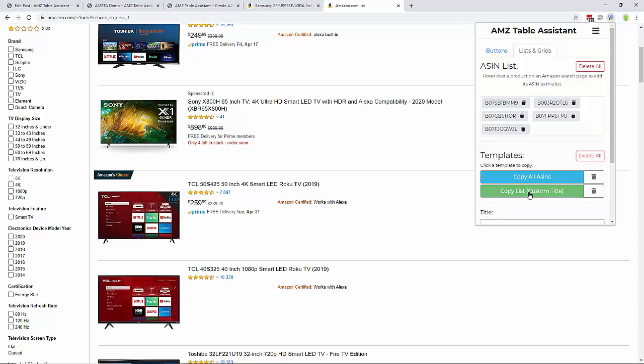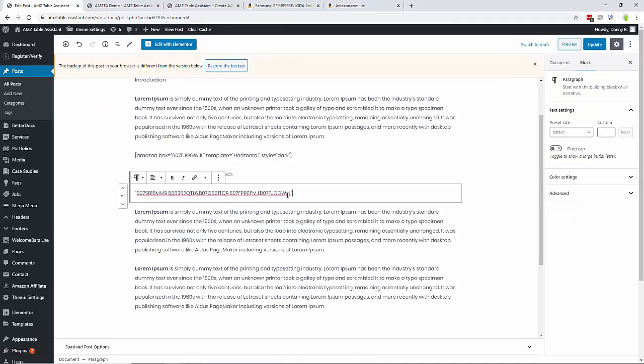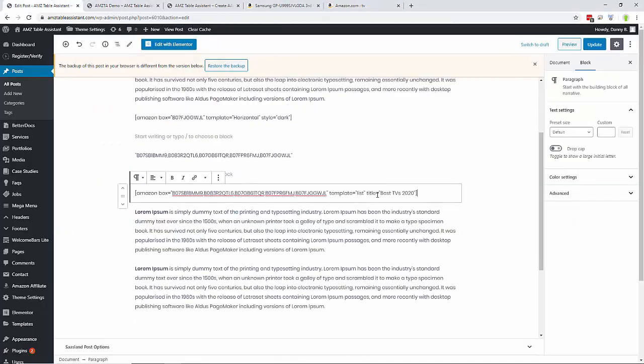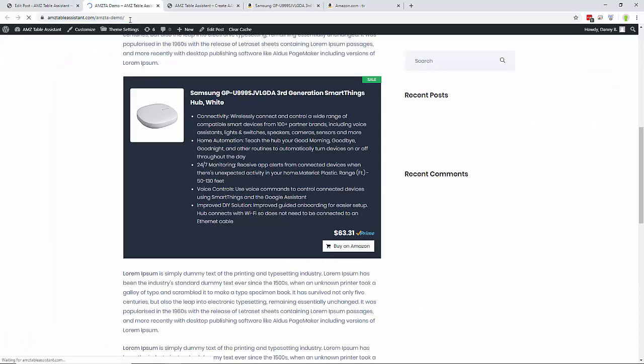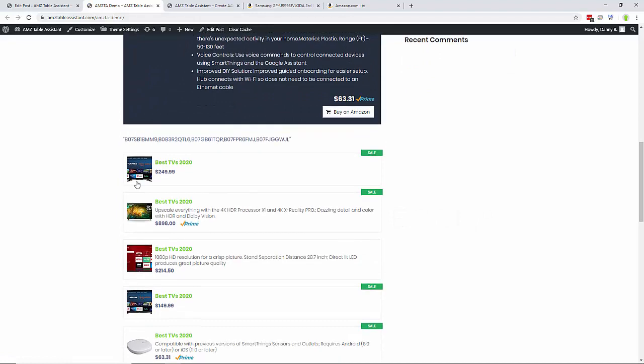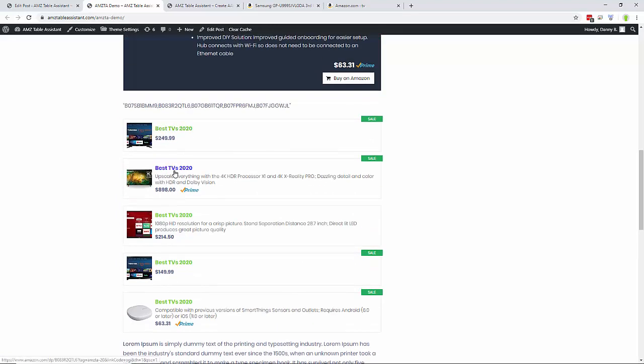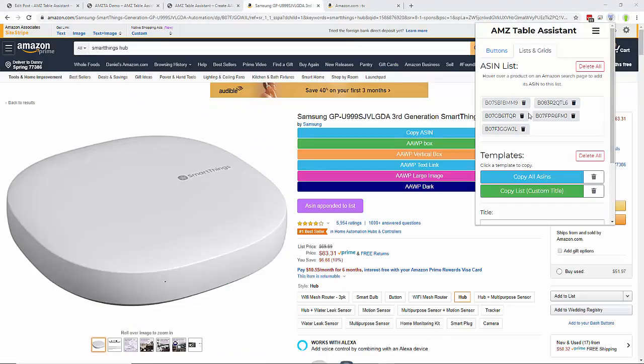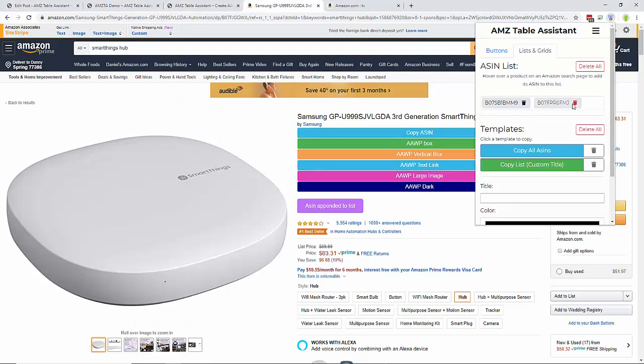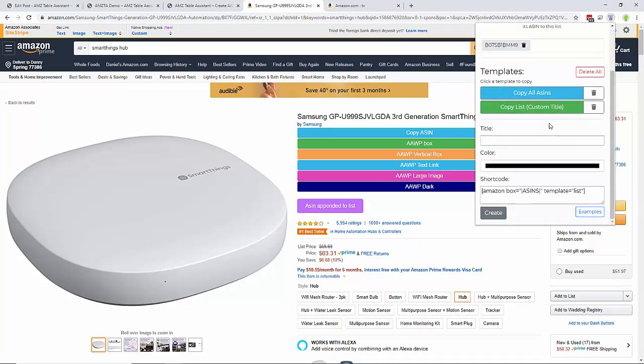We also have the ability to add custom titles to these lists. So once I click update, here's what everything looks like on our demo page. So here's our lists with the custom title on there. You can also delete individual ASINs from here if you no longer need them, and if you scroll down below you can add your own custom